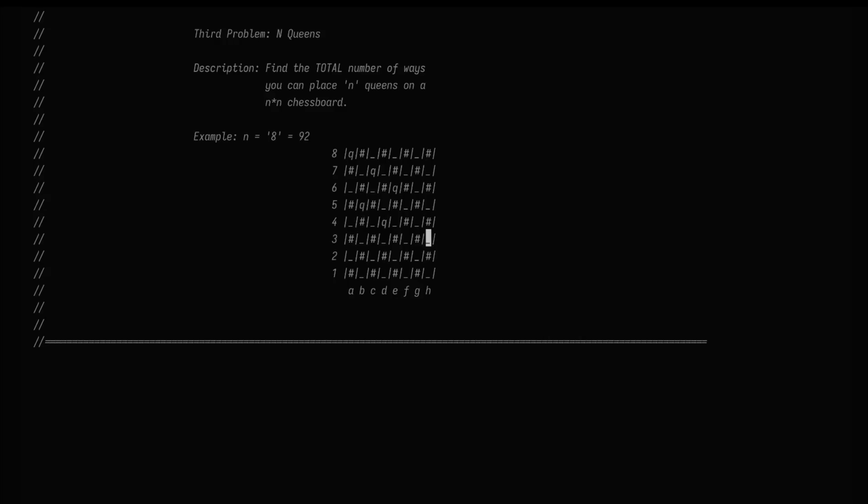Now you'll find in this case, I can't place a queen on any of these positions. So this recursive call here does not have a solution. So we must backtrack, and that means going a row above to the previous recursive call. So that means this state change here did not provide a correct solution on the next recursive call. So we need to undo this, so set it back to what it was before, and now we can try on the next column. So we can't place one here, and we can't place one here or here, but we